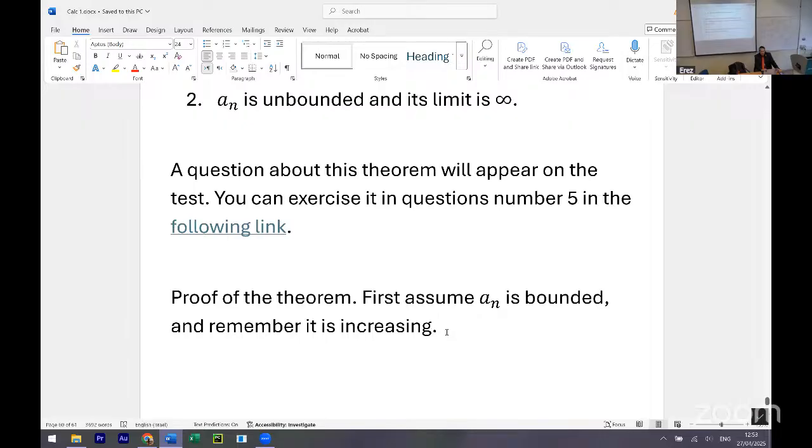So we assume that the sequence is bounded, remember it's increasing, and we wish to prove that it has a finite limit. But in a sense, we got back to square one, or even further back from that. We have a general sequence now, not a specific one like in Euler's constant. We have a general sequence, and we need to prove that it has a limit, and therefore the definition of a limit. But we have no idea what the limit